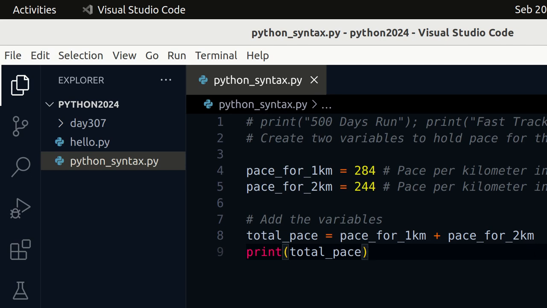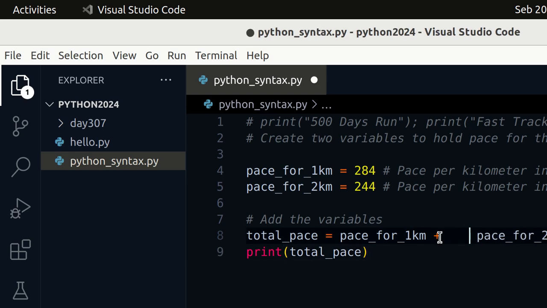Now, if we had a random number of spaces around the plus symbol here, and then we run the code again, still the output remains 528 seconds because Python ignores the extra spaces around operators within a single line. However, issues arise when additional lines are introduced without proper continuation. For instance,